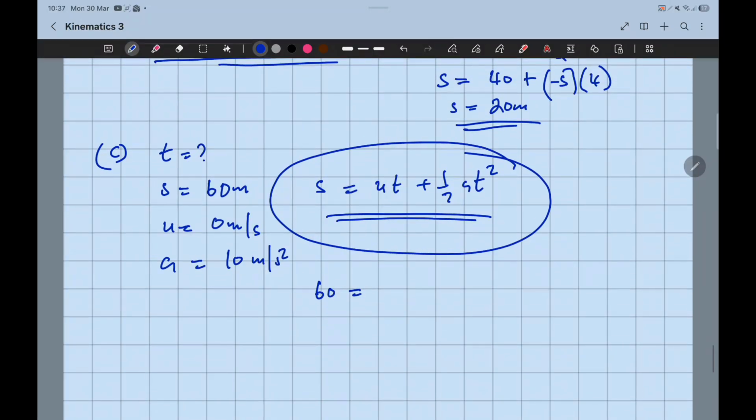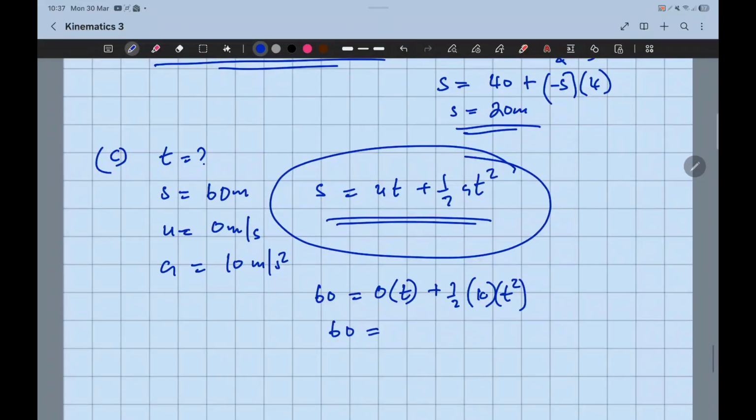U wedu anenge ari chii? 0 times t. T wedu ndi yani hatisi kumuziya, ndo watiri kutsvaga, half a 10 t squared hatisi kuziya